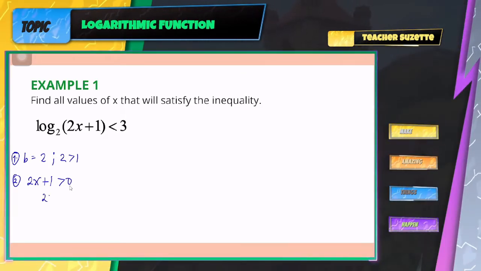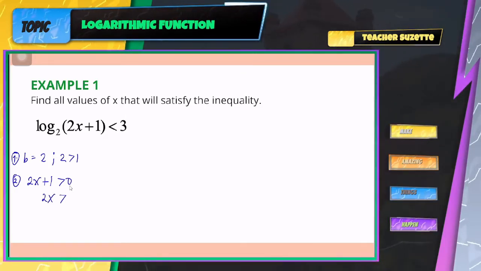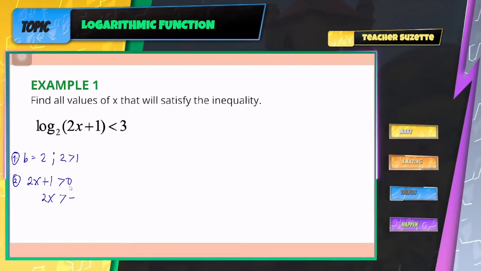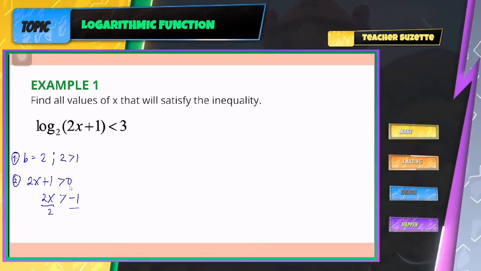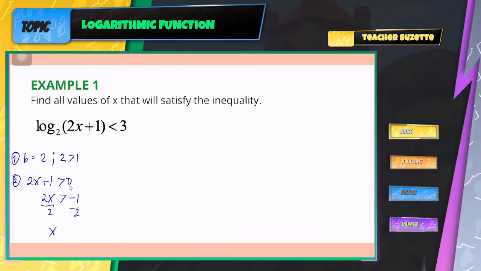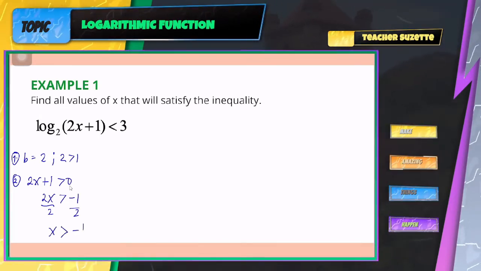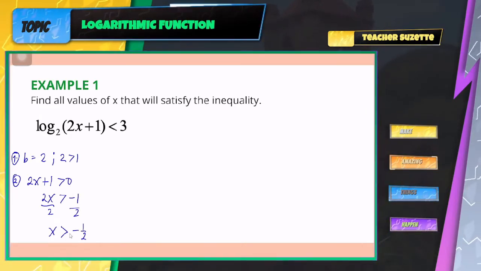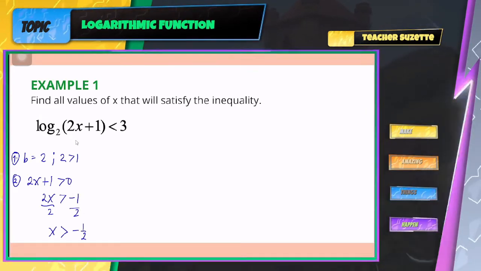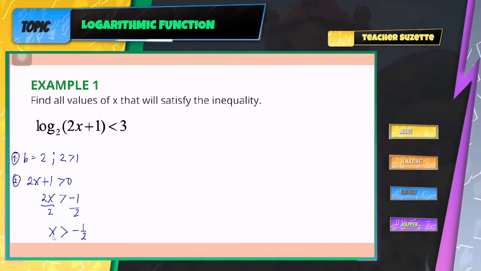You will have 2x. Transpose the positive 1, so it becomes negative 1. Then, dividing both sides by 2, you will have x is greater than negative 1/2. So the x that would make our logarithm defined is when x is greater than negative